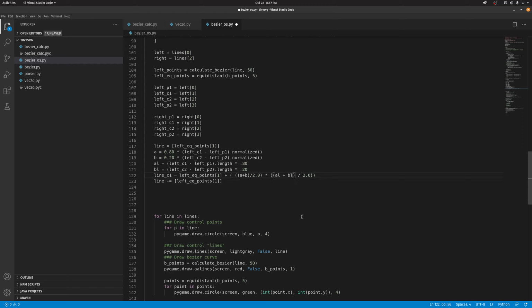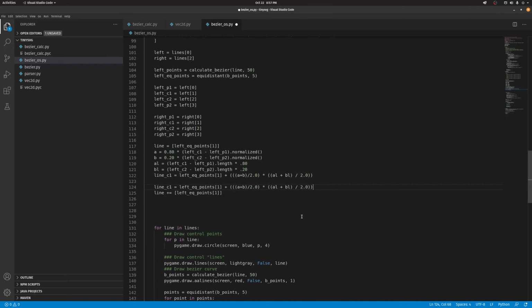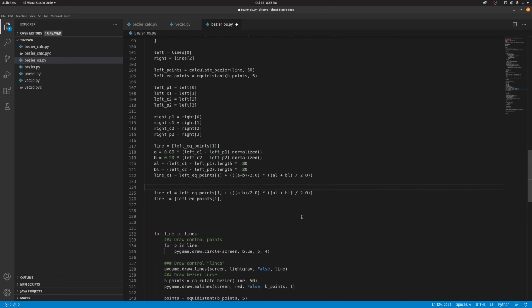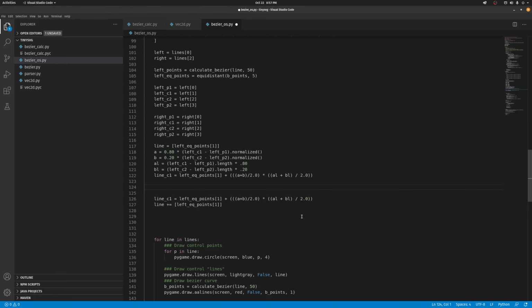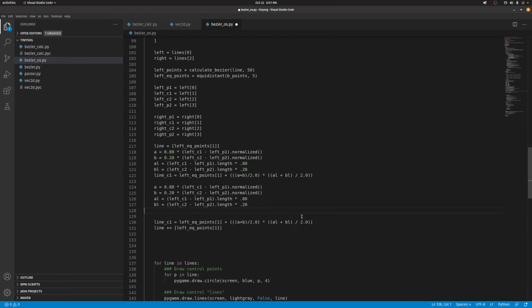Oh, I could probably just multiply this whole thing and divide by 2. Whatever. So that'll give us C1. Now C2 is effectively the same thing with just the 80s and 20s flipped, and then the positions flipped. Or no, if I just, yeah. So we want 20% of A and 80% of B, and we want 20% of A and 80% of B,